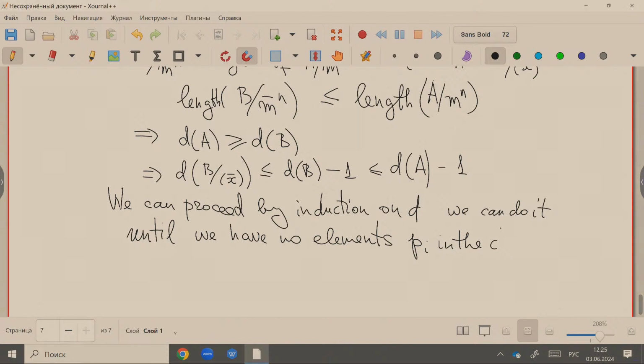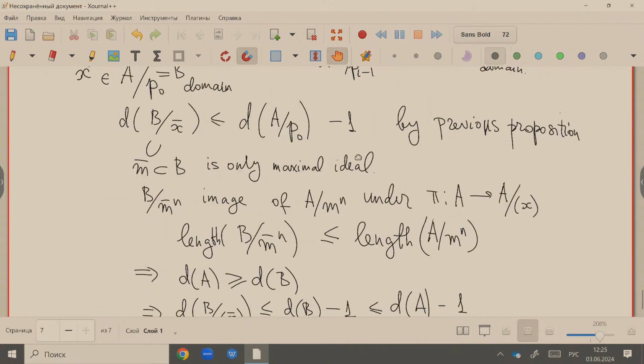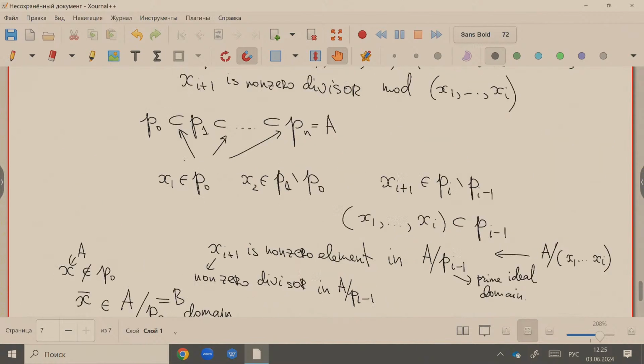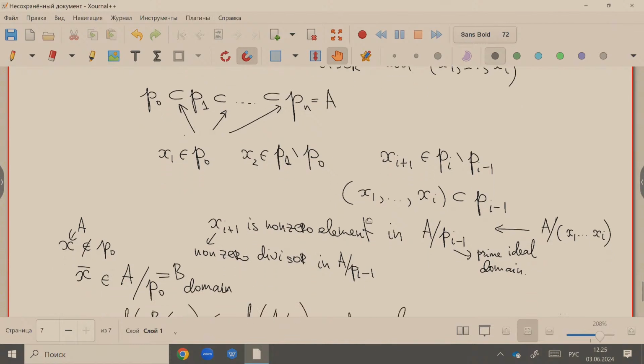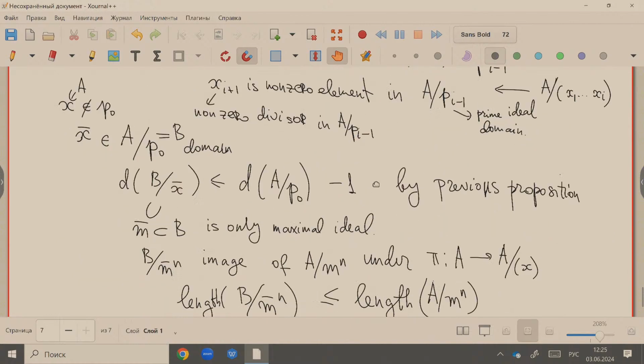То есть исходно мы выбираем эту систему элементов как дополнение к следующему простому идеалу. И каждый раз мы можем переходить к факторам и, по крайней мере, уменьшать d по крайней мере на 1. Что мы получаем, что в конечном итоге мы получаем модуль